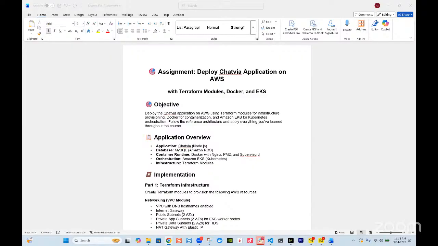The main thing is just whatever you deploy needs to be in those three resources. It needs to be deployed with a Terraform module. It needs to be deployed with Docker and EKS. And everything needs to be done fully automated. So no manual part.